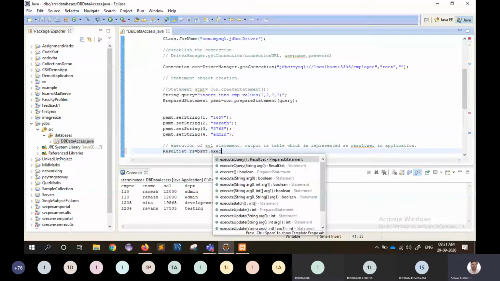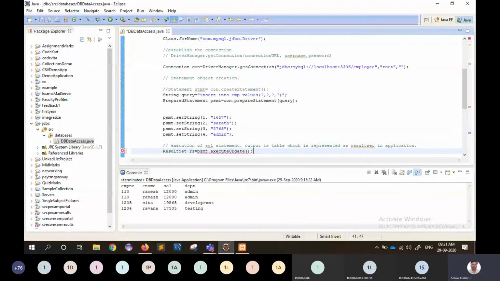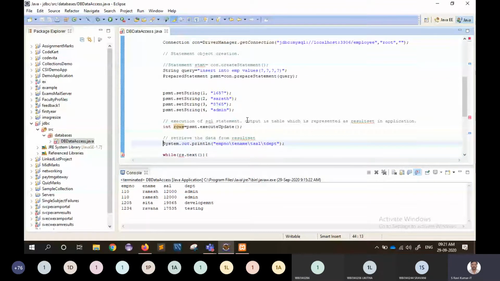Very good, executeUpdate. No need to pass the query here. What is the value returned by executeUpdate? Integer, sir. Very good, integer, the number of rows updated. So here, no need to pass.